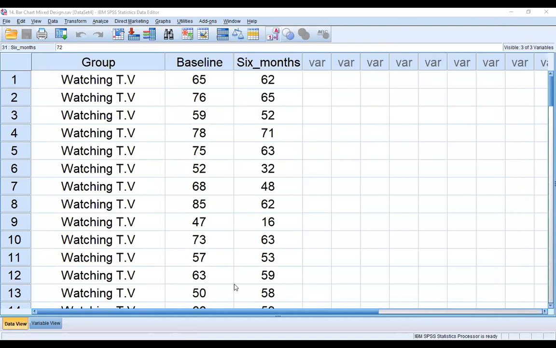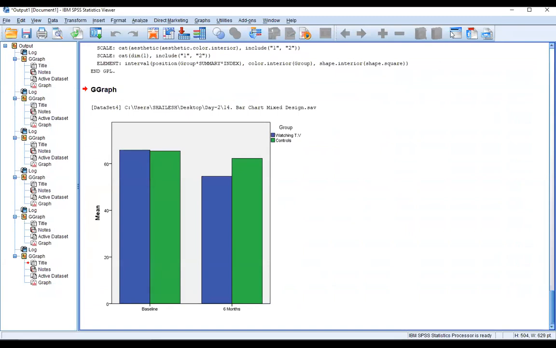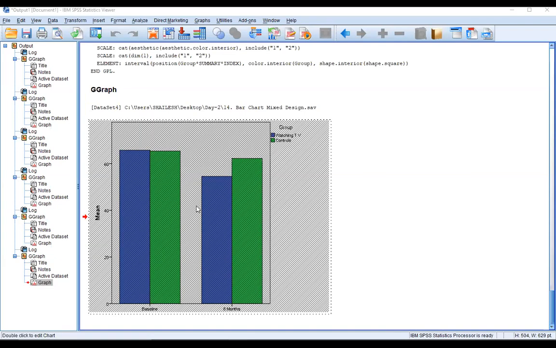So the output of the data, you can see this is the output. Now we can compare this. So double click it, then Elements, data labels, mode. The mean values are 66 and 65. It's a baseline score. And after 6 months, the mean values are 55 and 62.